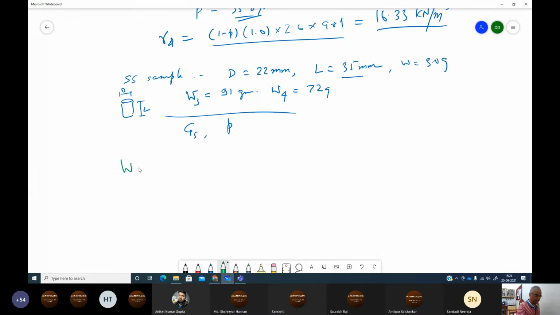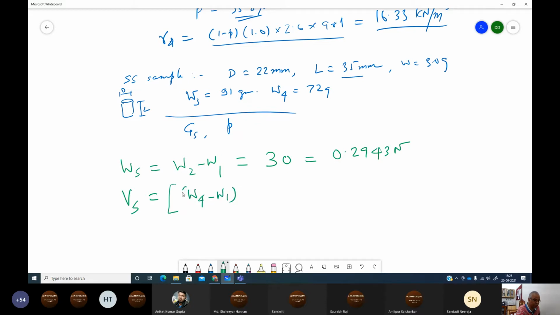So you see, weight of the sample is W2 minus W1, and this is given as 30 gram. Or if you want to convert everything into Newton, in the book I have done it so that students do not get confused. So this is converted into Newton. How many Newton? Volume of the sample in the pycnometer, the amount of volume it is displacing. In the pycnometer, we can find out